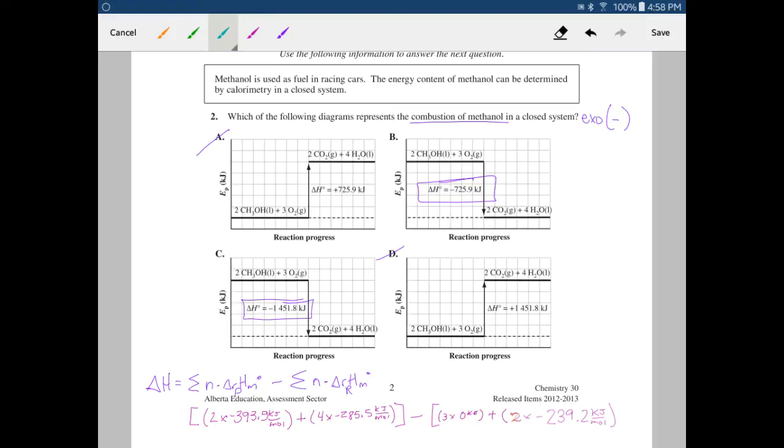plus my 4 times my negative 285.5, or actually it was 0.8. I should make that little correction here. This is an 8. So when I do all of that calculation, I get that this equals negative